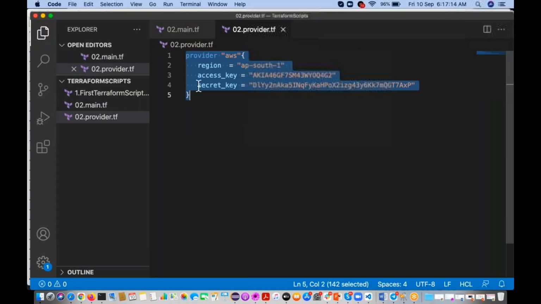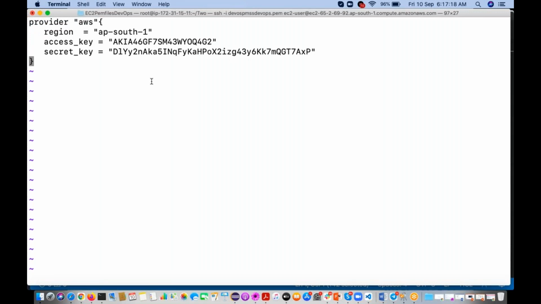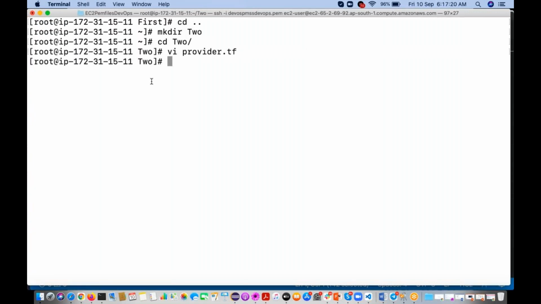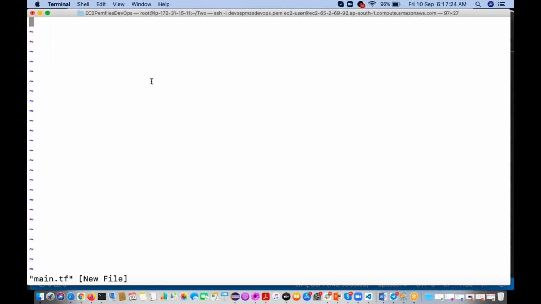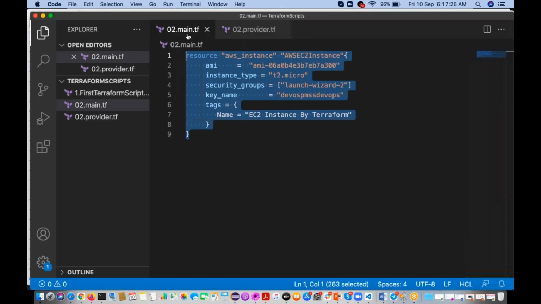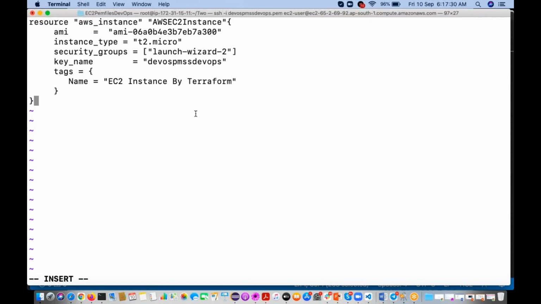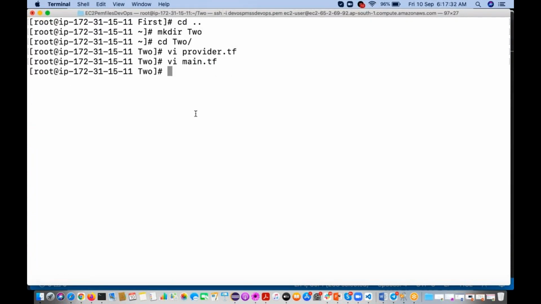In that provider.tf file, just keep this information, save it, then vi main.tf. Now see, I have created two separate files. I have segregated the provider section and the main resource logic section.